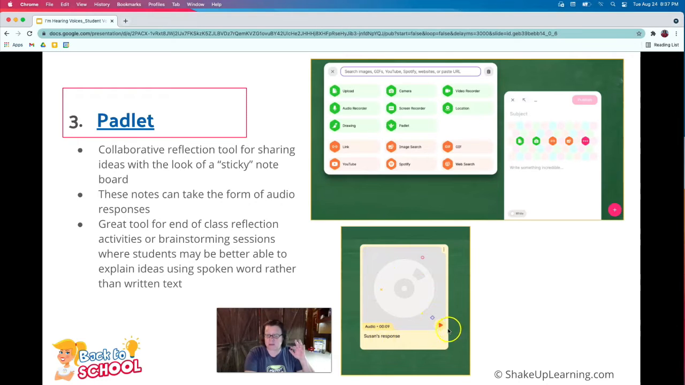And then I would just hit the play button, and it would be able to take my voice, and everybody else could hear it if they so choose, or if the teacher wanted to keep it private, they certainly have that option as well. So this is definitely a great tool for exit slip activities, those end of class reflection type activities, or even